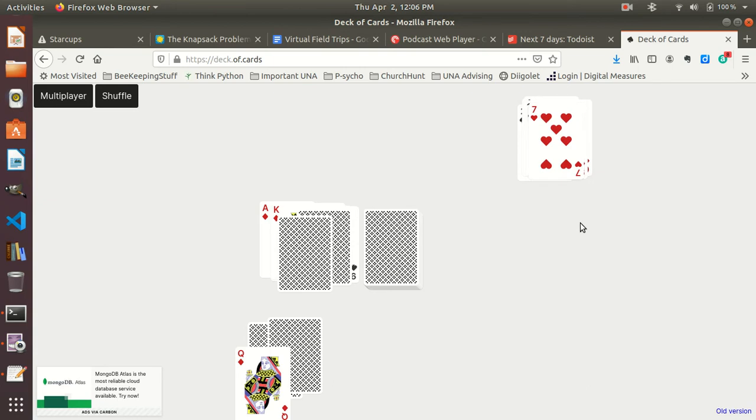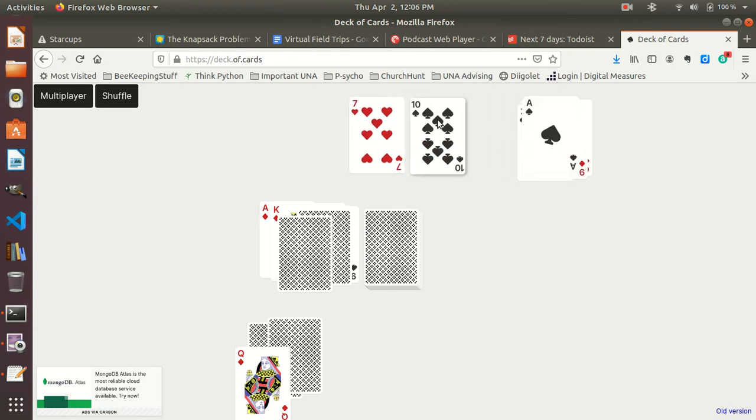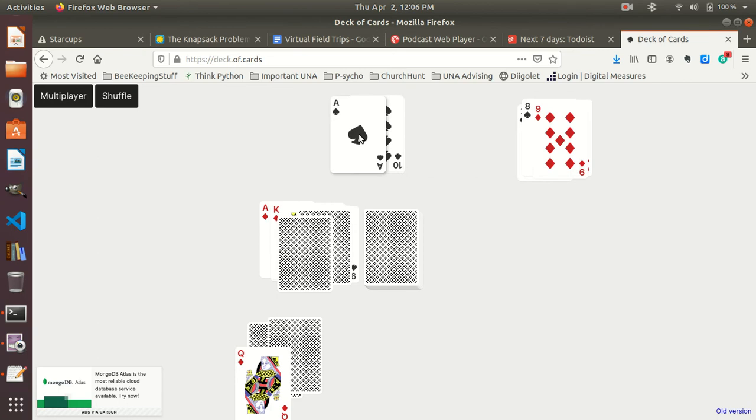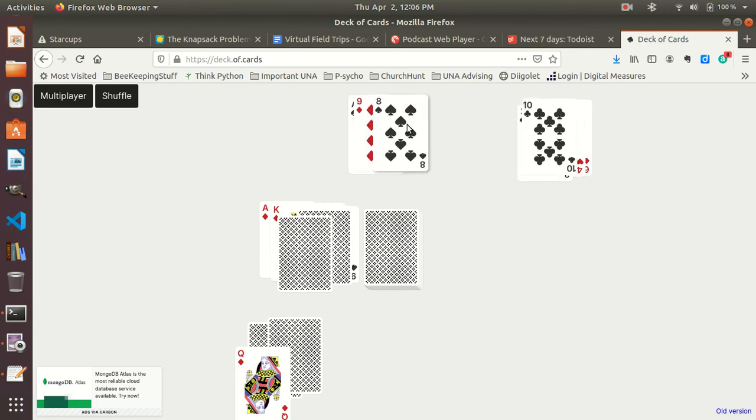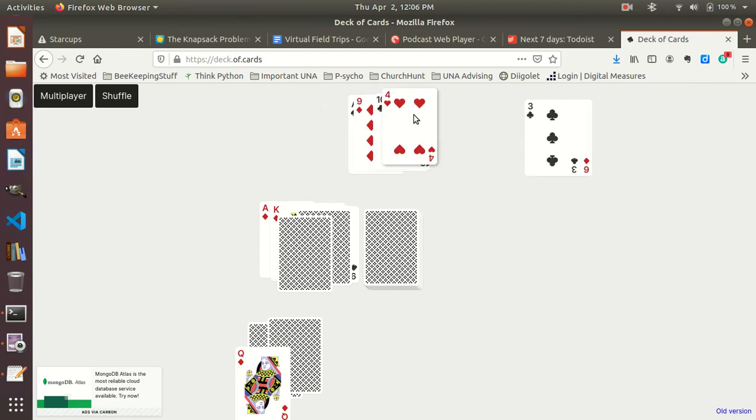Now, let me ask a similar question. Is there a 3 in this deck of cards? Okay? Here's the process. Is 7 a 3? No. Is 10 a 3? No. Is 1 a 3? No. Is 9? No. No. No. No. Ah, there it is. There's the 3. Okay? So we can return true or yes or 1, or we can even return the position